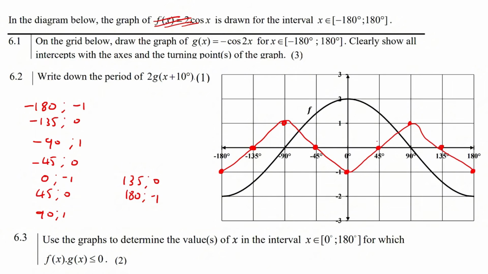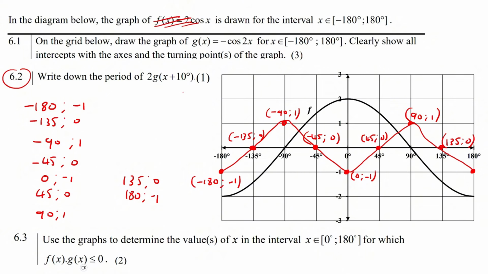Okay, so let's just label it 0, minus 1, 45, well, that's negative 45, negative 90, 1, and then negative 135, and then negative 180. Okay, clearly show all the intercepts with the axes and turning points of the graph. Done. Now it says, write down the period of this. Okay, so what we need to understand about period is it is something to do with, now in an equation,